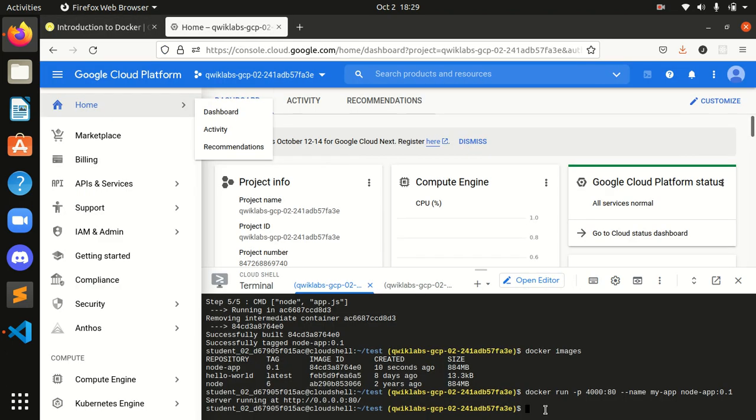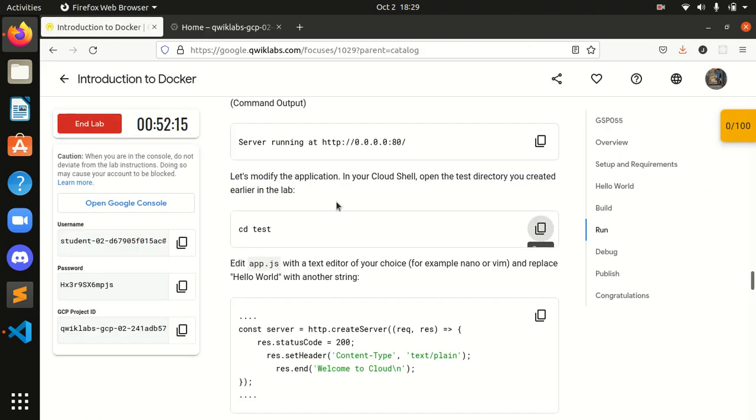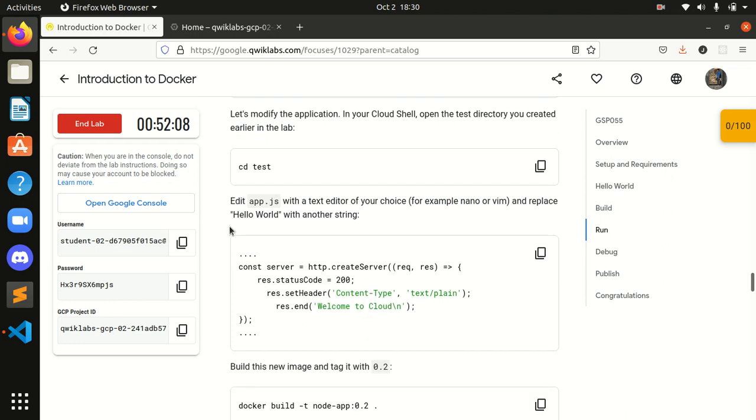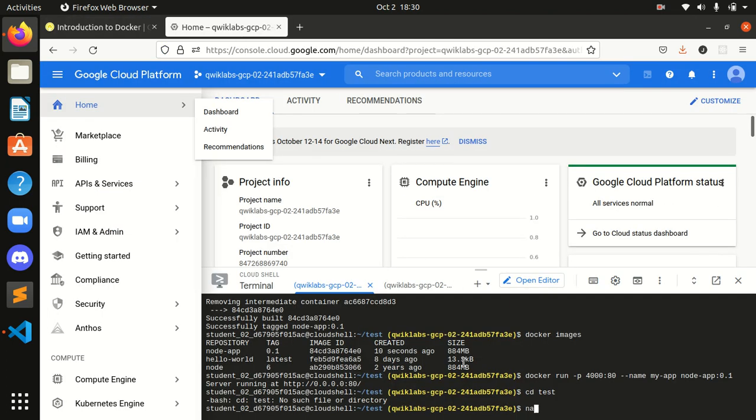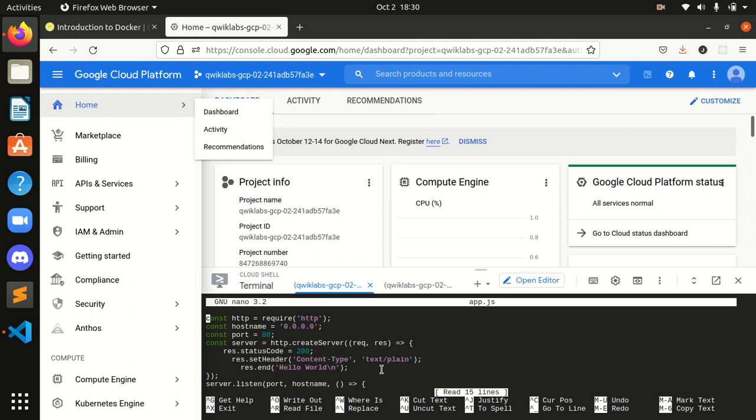I am in the test directory, and I have to edit the app.js application with nano or vim. So I will simply type nano app.js. I will press enter, and my file is open here.